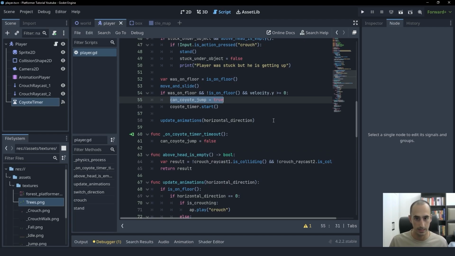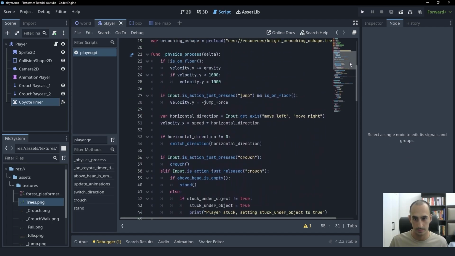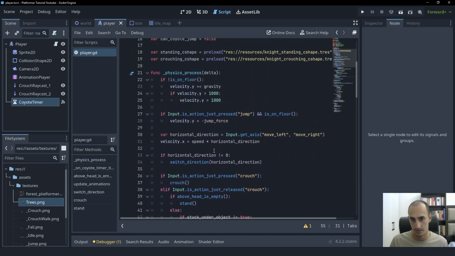So how can we do that? Let's take a look at the place we make the player jump. Right here. Currently we're checking if the jump key is pressed and isOnFloor is true. Now there's another case that the player can jump. Can